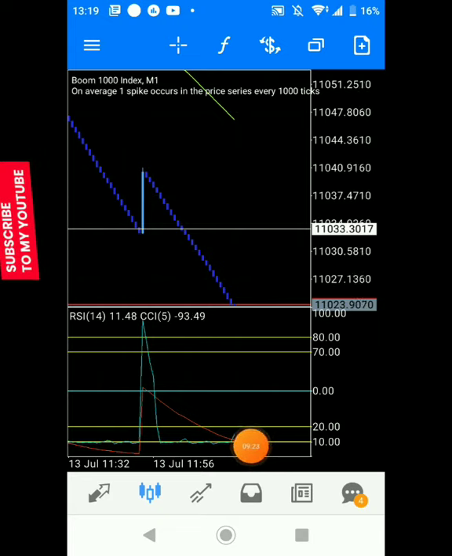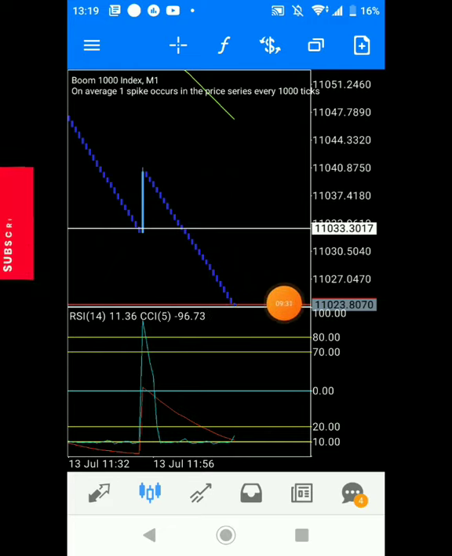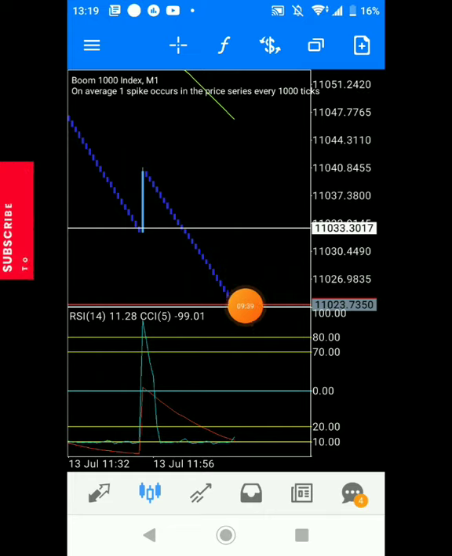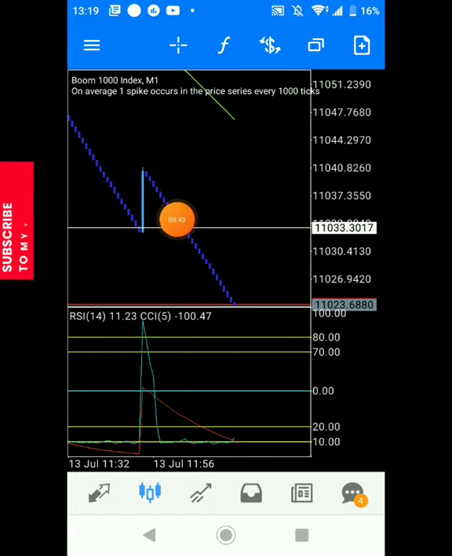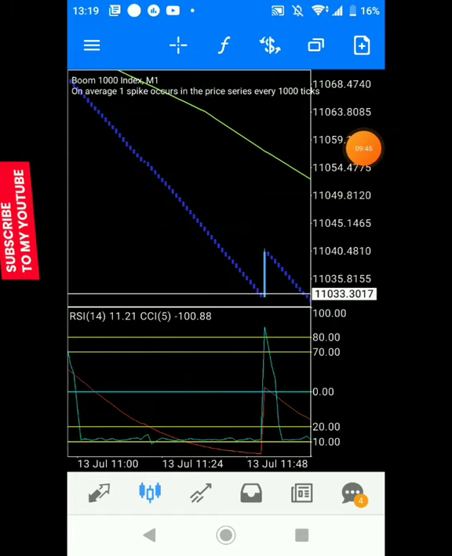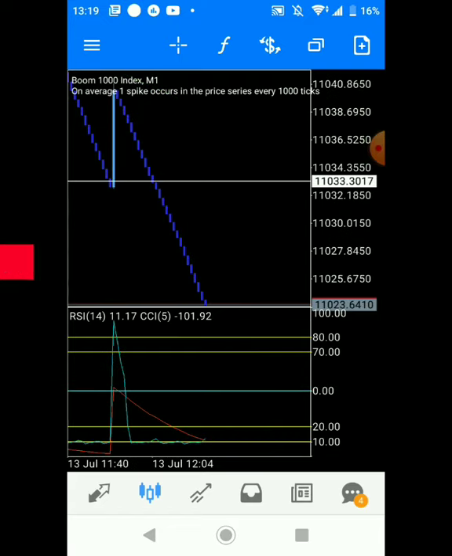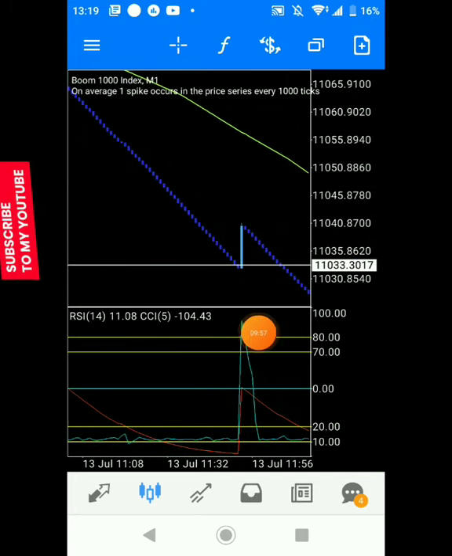Why do I believe so? Because this is just a fresh breakout. There is always a tendency that there could be a retest before price will continue going deep down. That is just my belief. There's always a tendency that a spike can occur and give you a retest to go deep down. So this is just for you to know that the bull market currently is in a massive sell. So you can sell and make quite a lot of money by selling. Take a few candlesticks and leave the market. Follow the rules of your strategy.